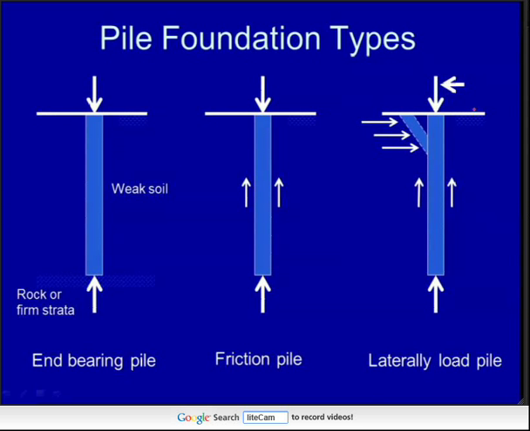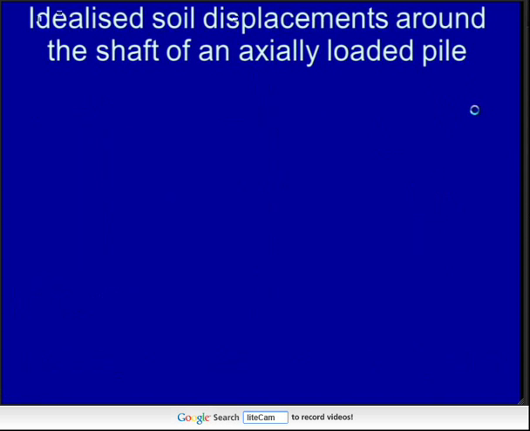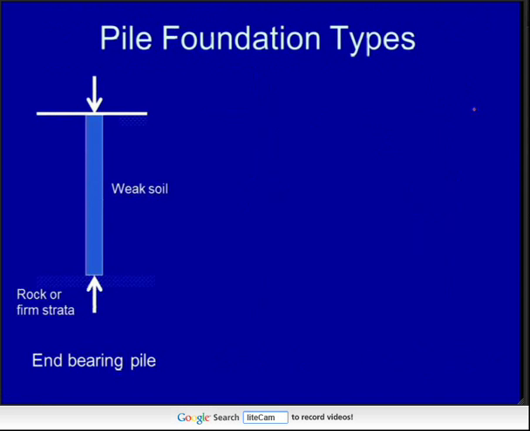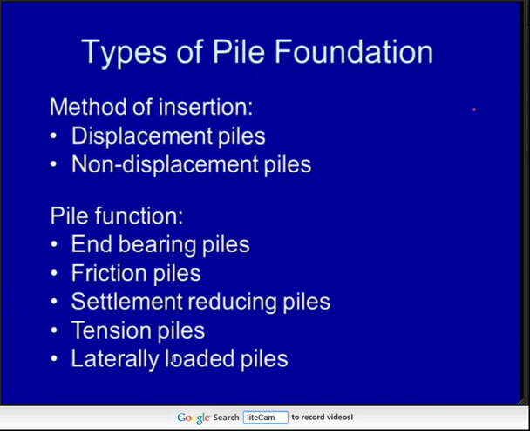Piles are reasonable. I mean, if your lateral loading on your piles is less than 10% of your axial capacity, you can normally ignore it. So here we're talking about more substantial loads, so they only tend to arise with things like bridge abutments. OK, so I've talked about those. I wanted to go back to here. The other categories of